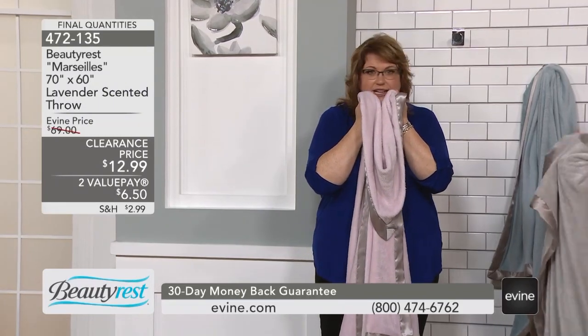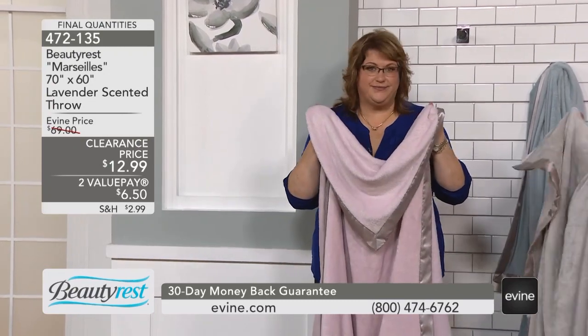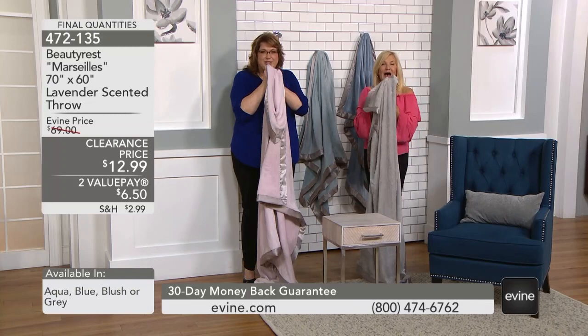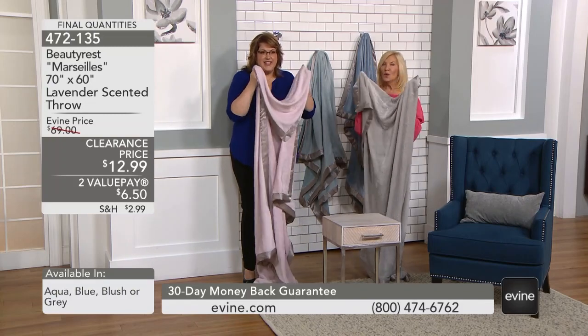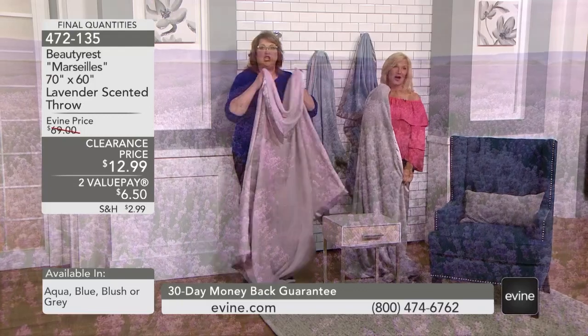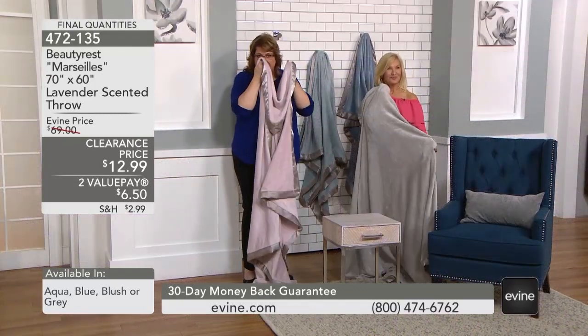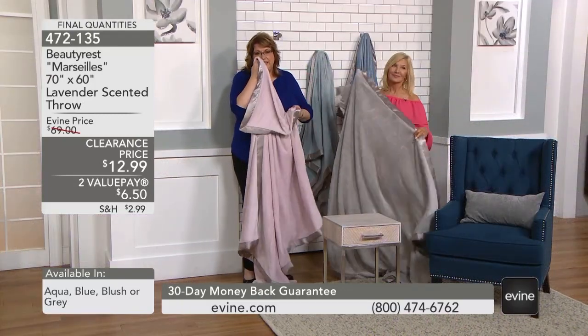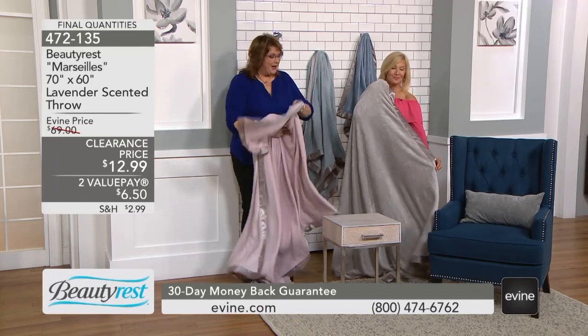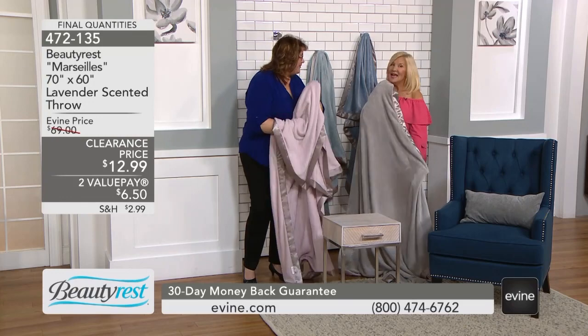Yeah. And you're going to see. But it's not overpowering. No. It's just almost subliminal. Yeah. It's just the faintest, a soft little scent. Ooh. That's there, and you activate it. It's not like, whoa, it's got a strong scent all the time. No, it doesn't at all. You activate it by rubbing the two sides together, and then there's the softest little scent of lavender. You can still wash these, you can still dry these, but is this not the softest, it's the sweetest softest